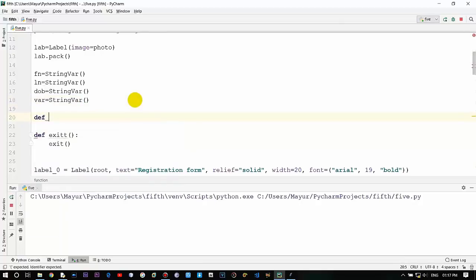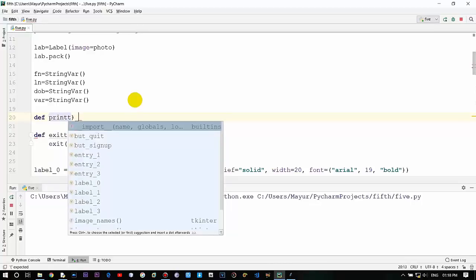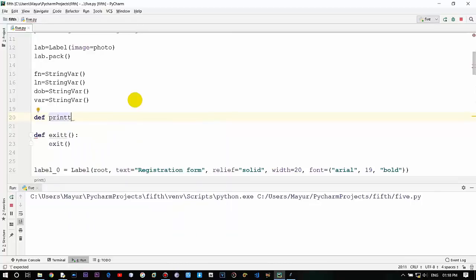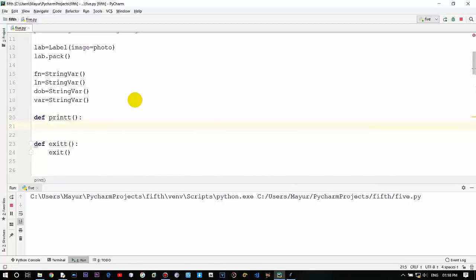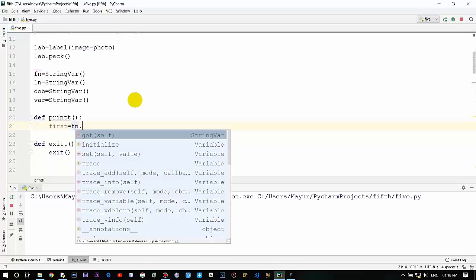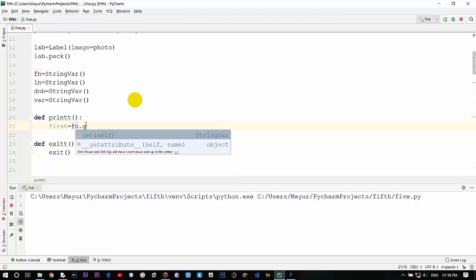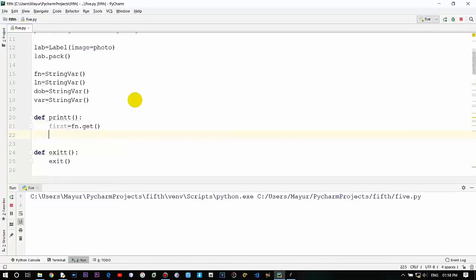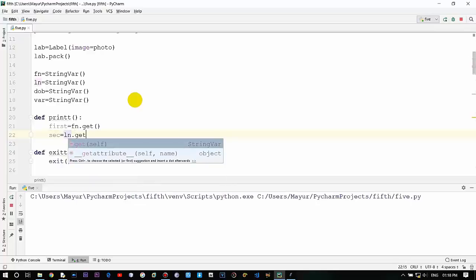So define, provide the name, print. So take a variable first for getting the input from the first entry widget, that is for the first name, fn dot get. Now we'll take second for the last name, ln dot get,